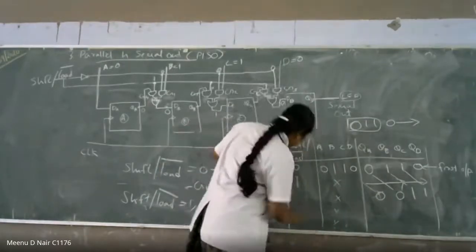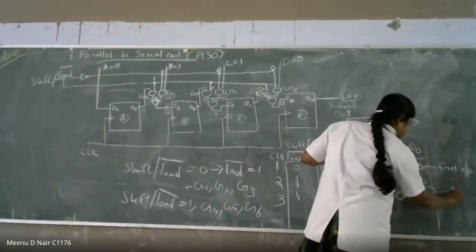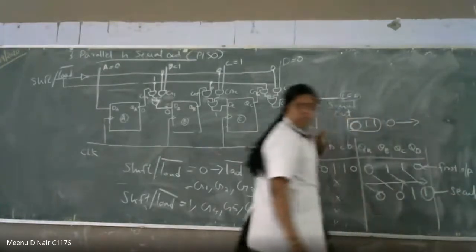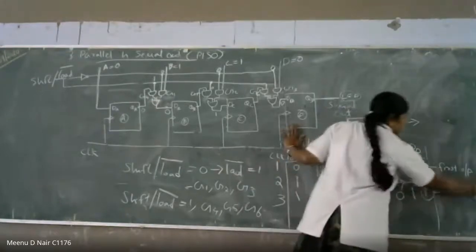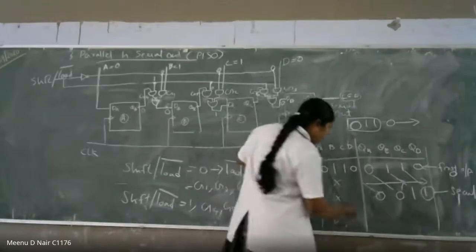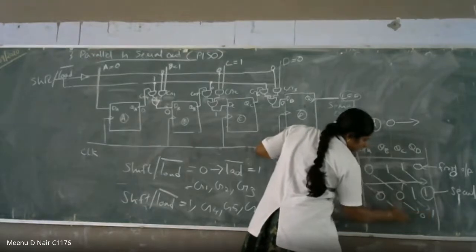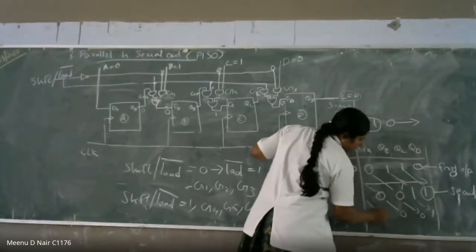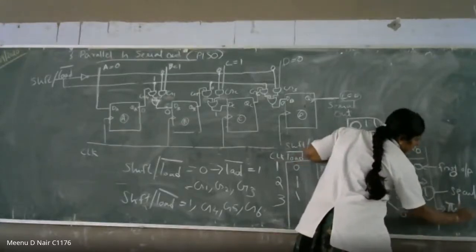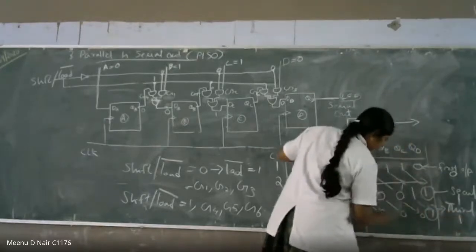Then the third clock pulse, this is also 1. Now you are counting the second output. So this is 0 and this is 1. Is it clear? Then what is happening next? This one comes here, this 0, 1 comes here, and here it is 0, again 0 only. So it is outputting the third output. The third output is again 1, right? Again, it is shifting.